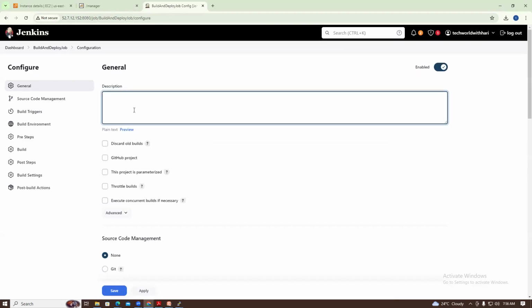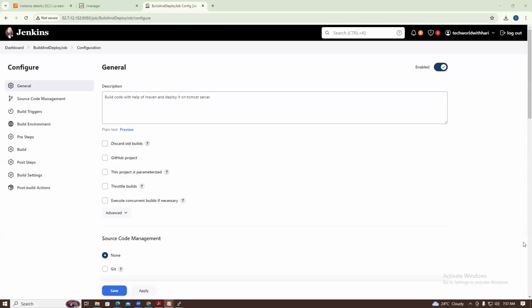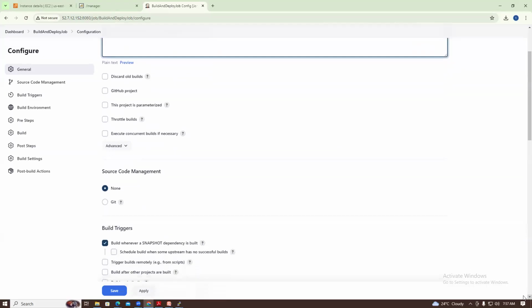Yeah. For example, the description is: build code with the help of Maven and deploy it on Tomcat server. Deploy it on Tomcat server. Then you will provide the